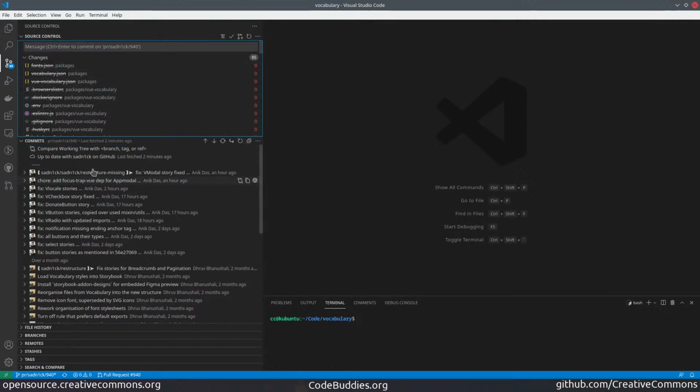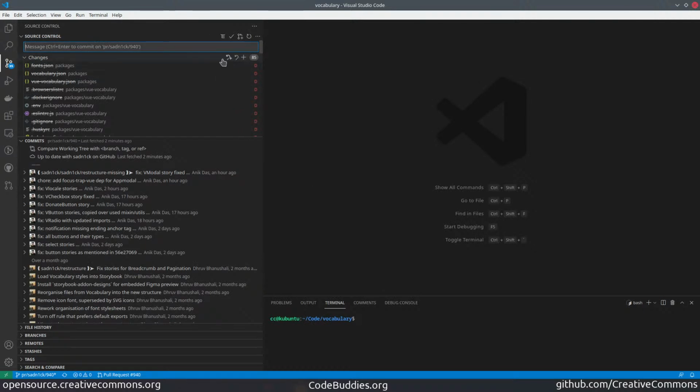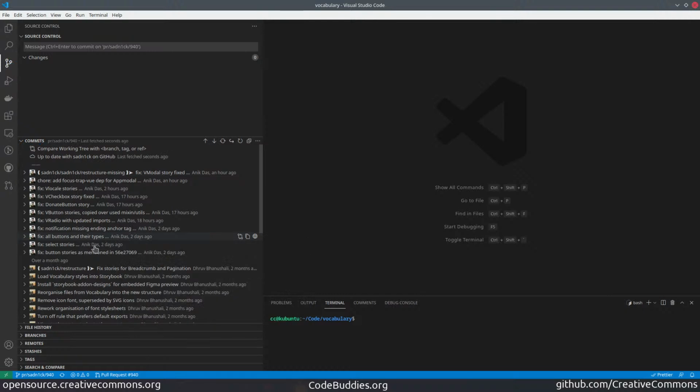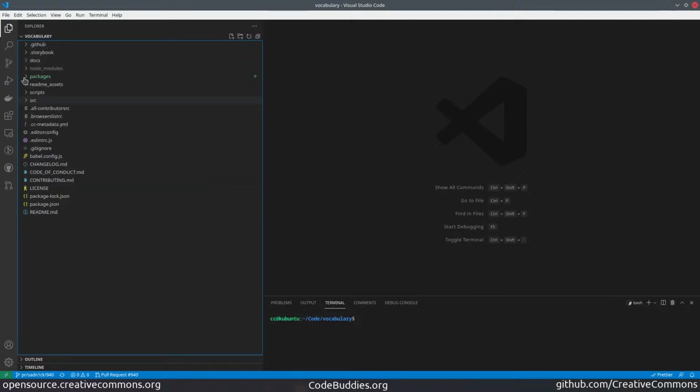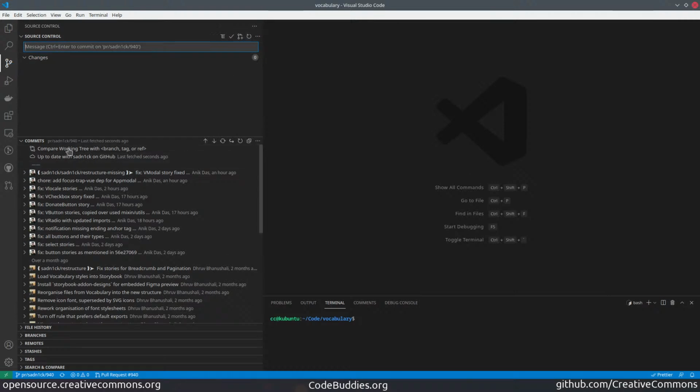Okay, so that won't work. Can't just remove the packages. I'm just gonna, dang it. Undo that. Yeah, that's what I should have done in the first place. Discard. Okay, so now I should be up to date with